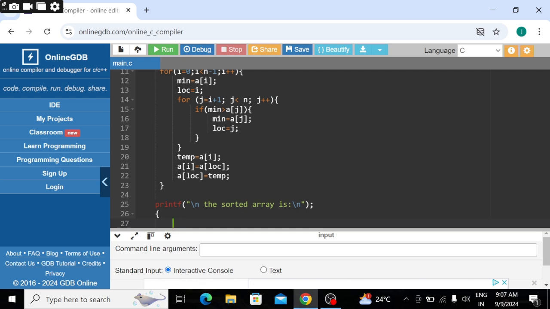After that we use a for loop to read the sorted array elements. In the for loop we again initialize i equal to 0, semicolon, i less than n and i plus plus. And give a space in it.